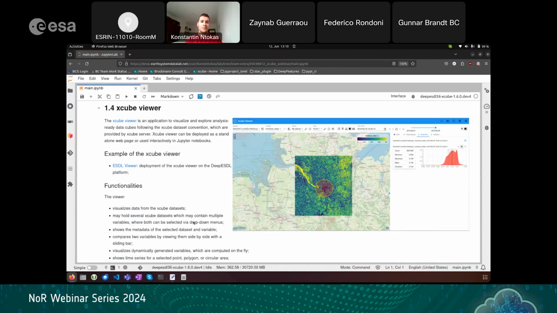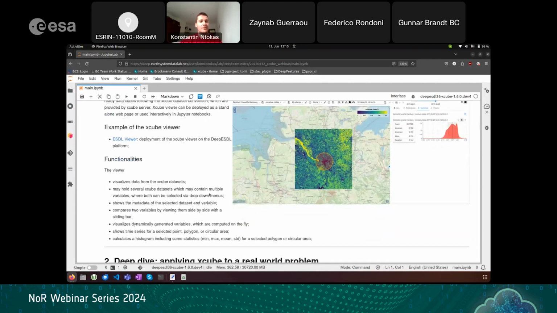Coming to XCUBE Viewer, here on the right-hand side, you see an image of how the Viewer can look. The XCUBE Viewer is an application to visualize and explore the data cubes, and it's placed on top of the server. The XCUBE Viewer can be deployed as a standalone web page, as shown on the right-hand side, but it can also be used interactively in a Jupyter Notebook. Here's an example which I will skip, so we have more time for actually looking at our data, which we're going to generate later. But the main functionalities are